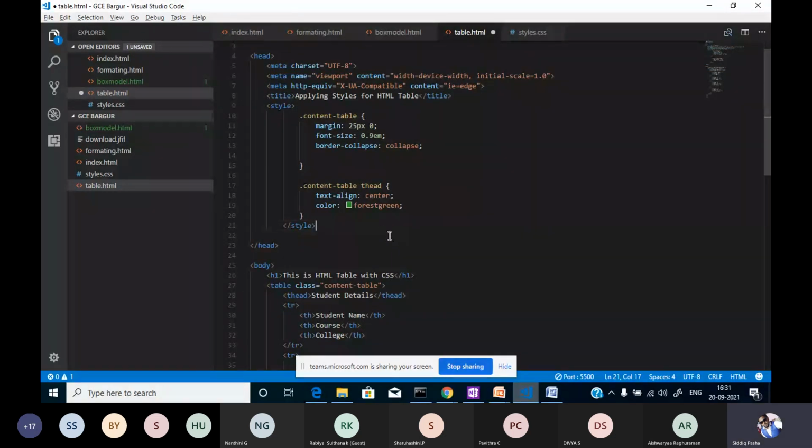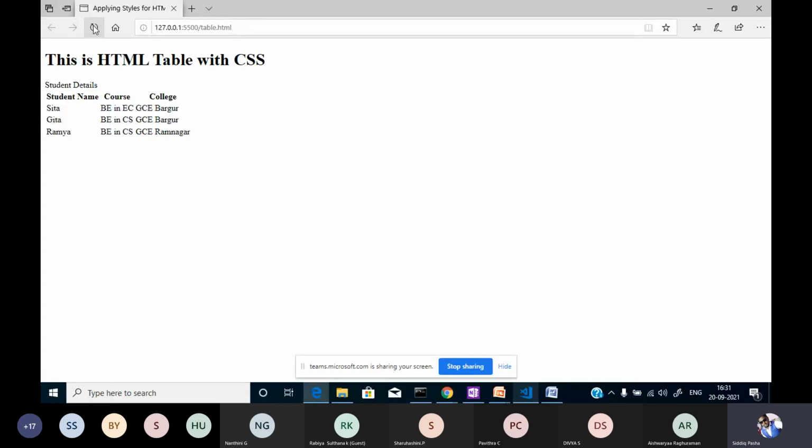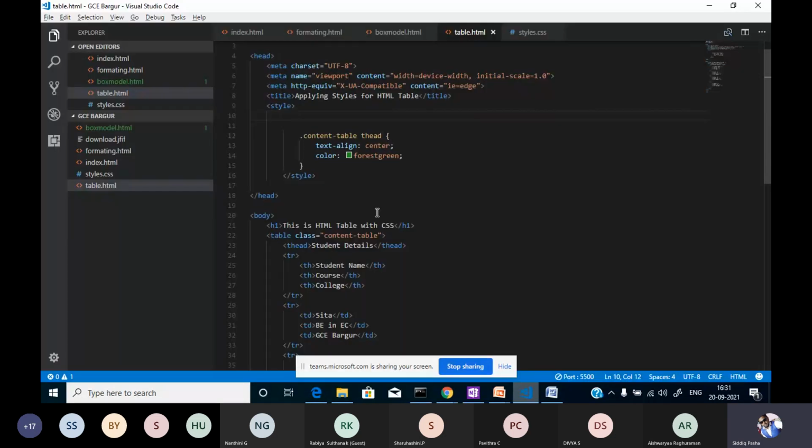I'm just trying to check these styles. No, so no style is rendered over here. So I'll just format the document.